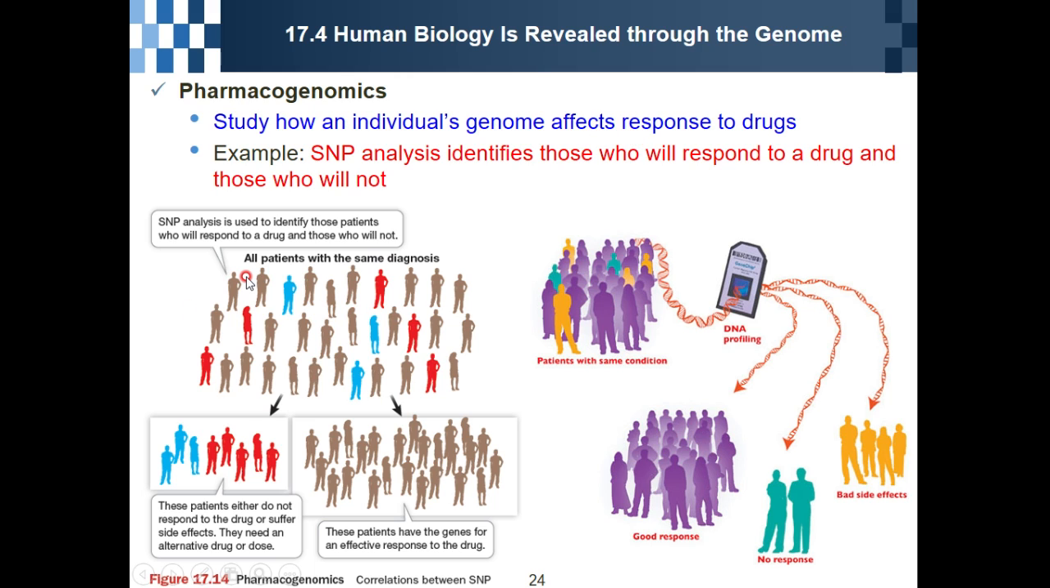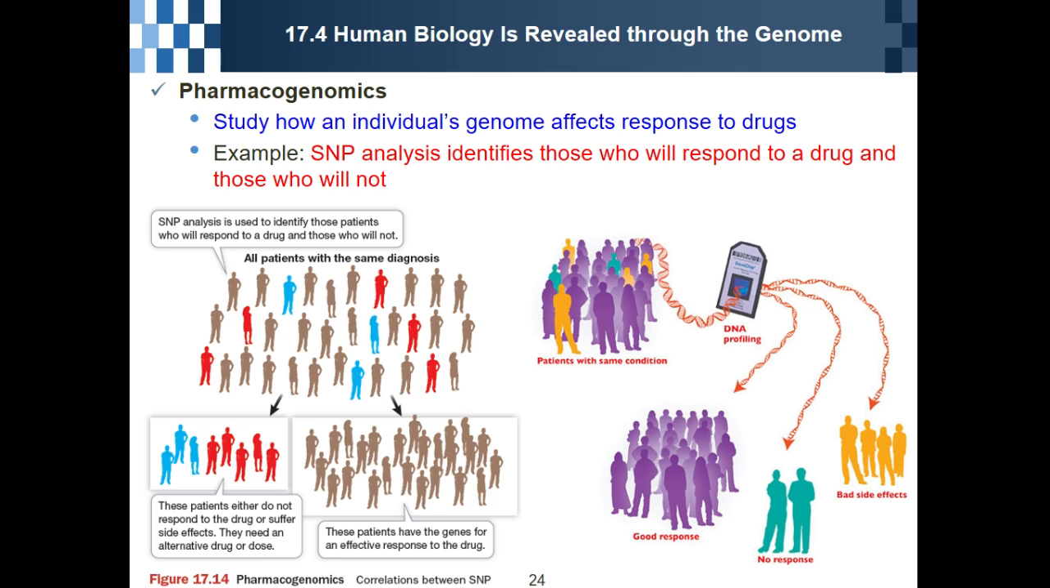Okay, so lots of people are here, about 50 students in this class. We can collect the blood sample, and after that, we can do the SNP array. We can check their SNPs. Okay. So after that, based on SNP analysis, we can identify those who will respond to a drug or those who